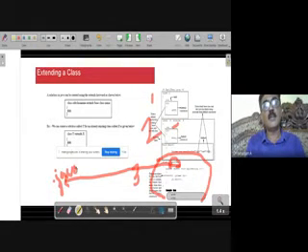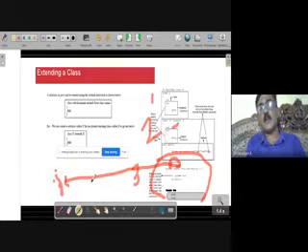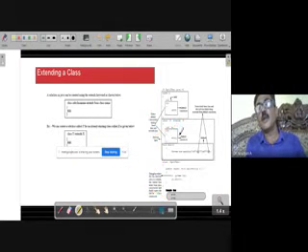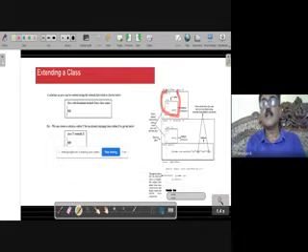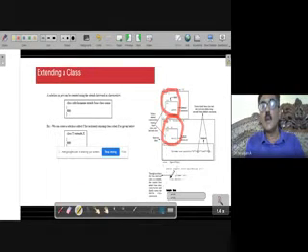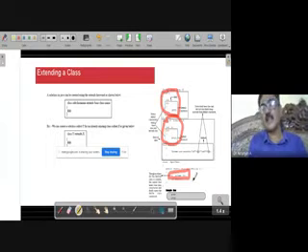Here, what am I trying to do? There is a father, there is a child, but you observe I am creating a key, an object, not for the father but for the child.